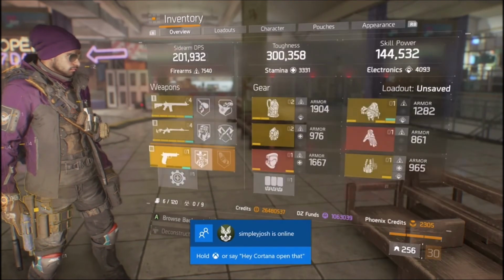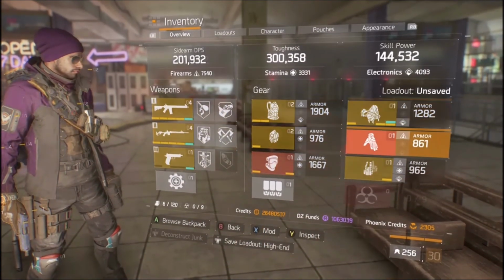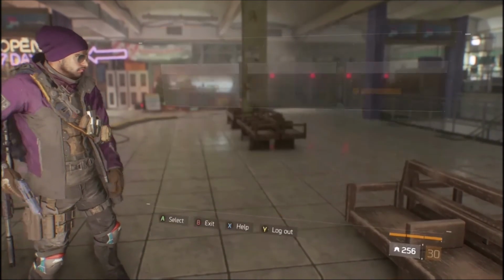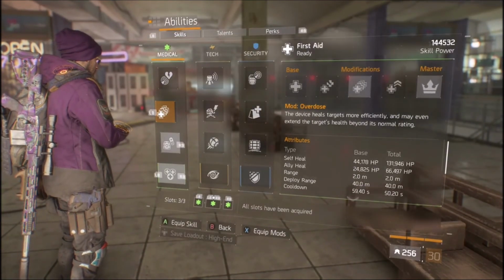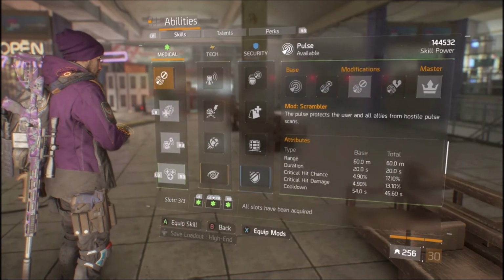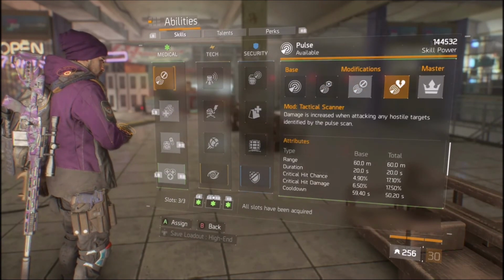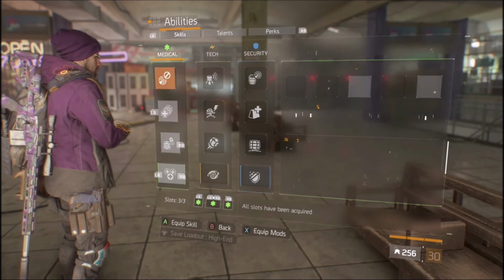So yeah, that's pretty much the build here, in terms of what I'm running. As for the abilities and mods, I will either run an overdose with a scrambler pulse. If I'm doing 1v1s, obviously I'll use tactical scanner, but I'll either run the first aid with overdose and a